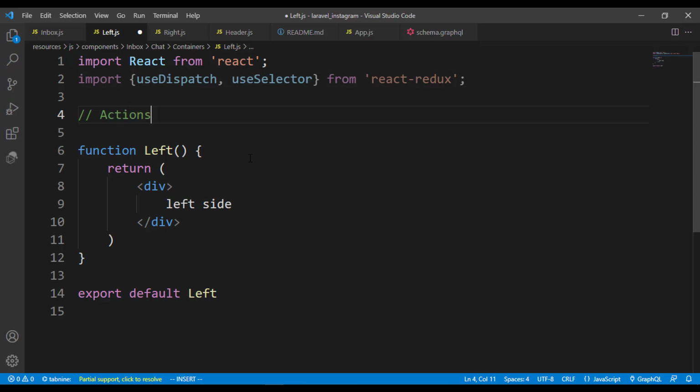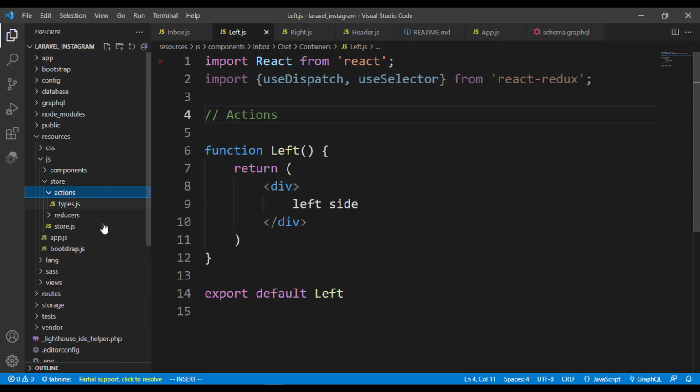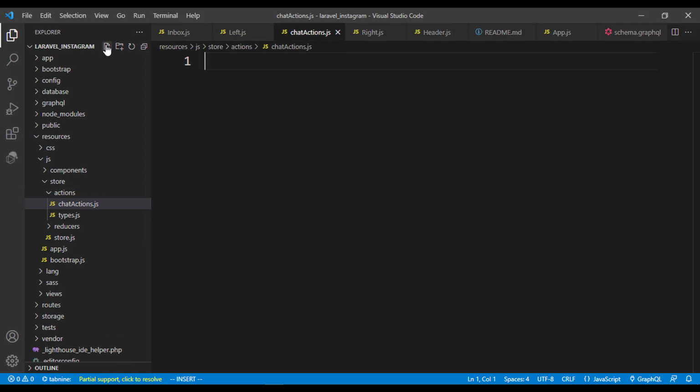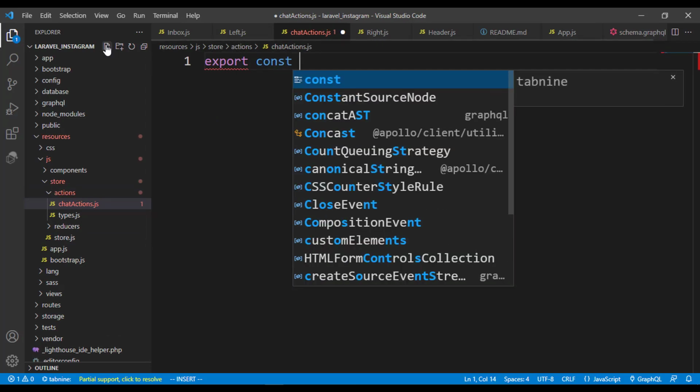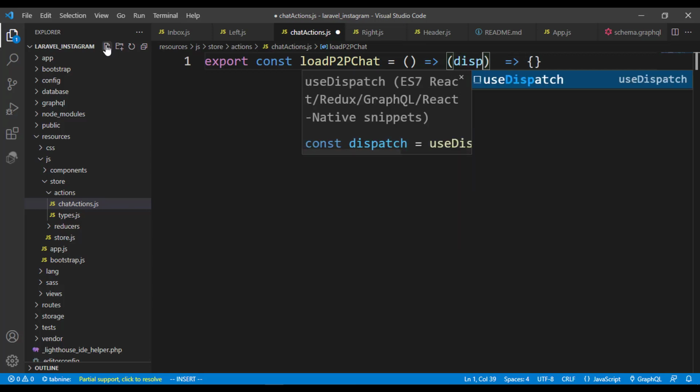Then I'm going to import some couple of actions, but right now we've not yet created any actions. Let's go over to our store. Inside the actions, let's create a file called chat actions, and there I'm going to export an action called load peer-to-peer or load P2P chat. So this action is going to be helping us to make a request to our backend and then getting all the users that we need. So right here we have to use dispatch,